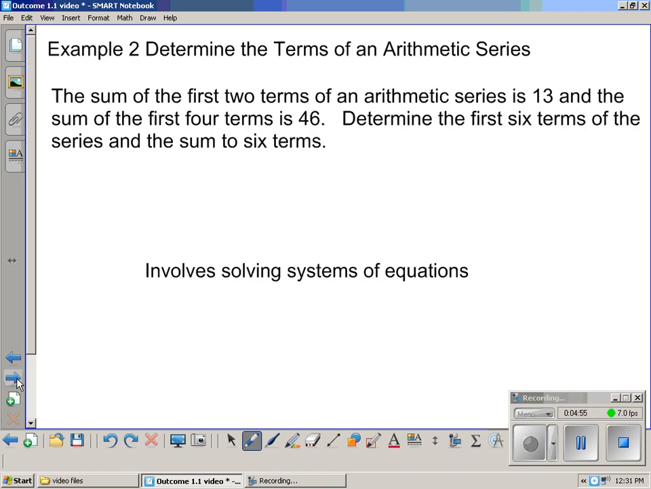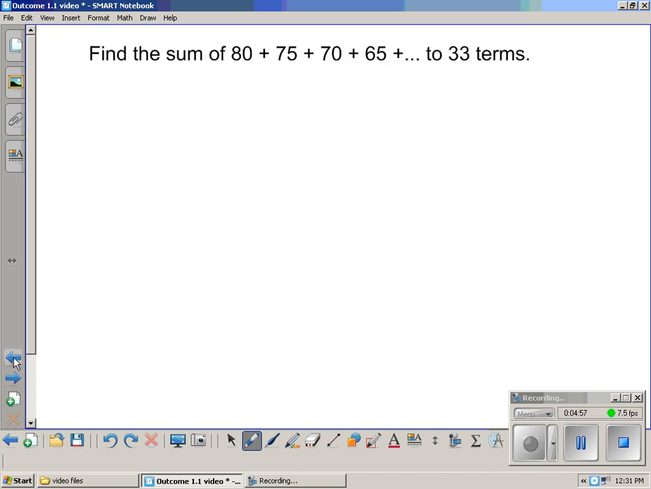Find the sum of 80 plus 75 plus 70 plus 65, up to the 33rd term. So in this question, we don't know what that 33rd term is. And so we're going to use the equation, our new one, that Sn is equal to n over 2